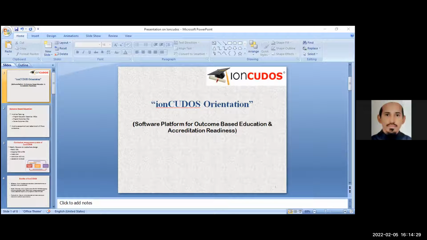Briefly, I'll just explain the important points in outcome-based education. As you have seen in the morning, program educational outcomes are involved. In outcome-based education, we have to frame program educational objectives. These are the objectives that a student has to attain after passing out of the course. After 2 to 3 years, he is supposed to achieve certain abilities, certain qualities. So those are called program educational objectives.